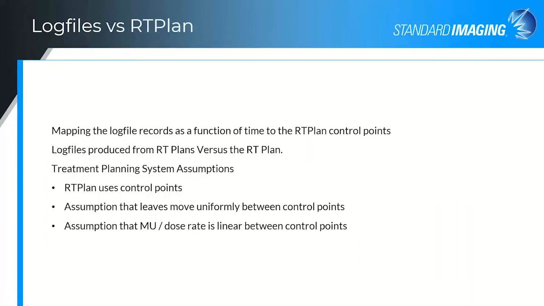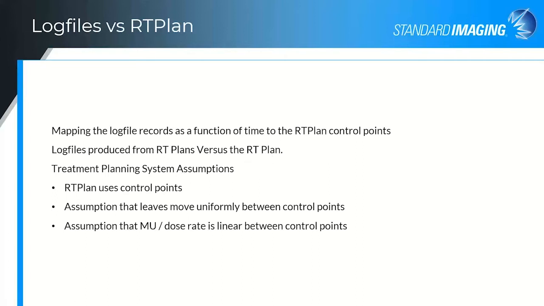So once one understands the information coming from the log files, the next step is to be able to map the log file records to the RT plan control points. The same fluence calculation can be performed based on the RT plan, such that a direct 2D fluence can be analyzed using the traditional gamma analysis between the planned and the delivered